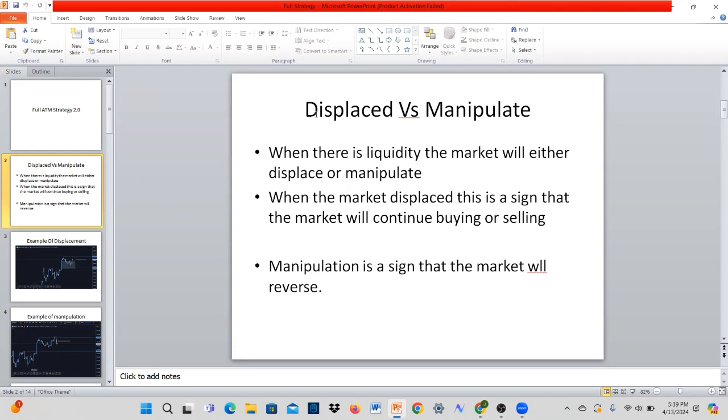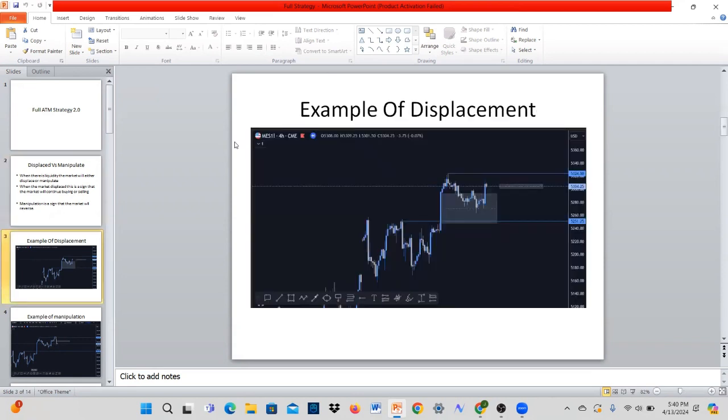So displace versus manipulate. When there's liquidity in the market, we will either displace at that liquidity or manipulate. Price will either manipulate at that liquidity area, whether it's buy side liquidity or sell side liquidity, or it'll displace. When the market displaces, this is a sign that the market will continue buying or selling. Manipulation is a sign that the market will reverse. So if you look at this example here,